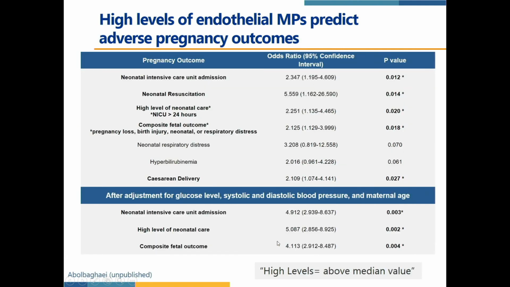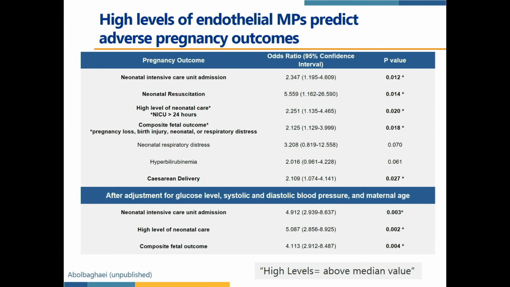But most interestingly was when we looked at whether or not levels early in pregnancy have any bearing on outcomes. So we did, much like the Sinning paper, we looked at dividing our patients into low levels or high levels, so above or below the median of endothelial microparticles. And we found that those patients that had high endothelial microparticles, so above the median, had about a 2.5-fold increased risk of NICU admission, had about a 6-fold increased risk of neonatal resuscitation, and a 2-fold increased risk of cesarean